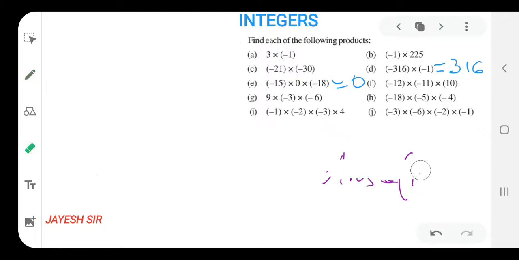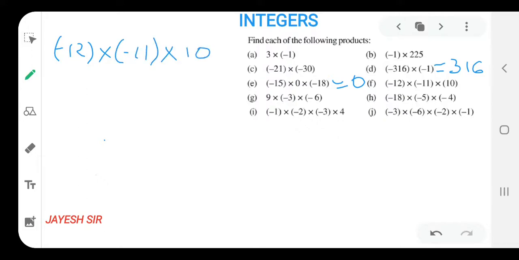So what we are going to learn, that is our sixth sum. That also gives us a different approach, how we should solve it. Minus 12 into minus 11 into 10. First thing, friends, what we are supposed to do, we should always multiply numbers like 10, 100, 1000 having zeros in the last, because we all know how to multiply with 10, 100, 1000, and we can do it mentally also. That's why I am keeping the number with zeros last for the multiplication.